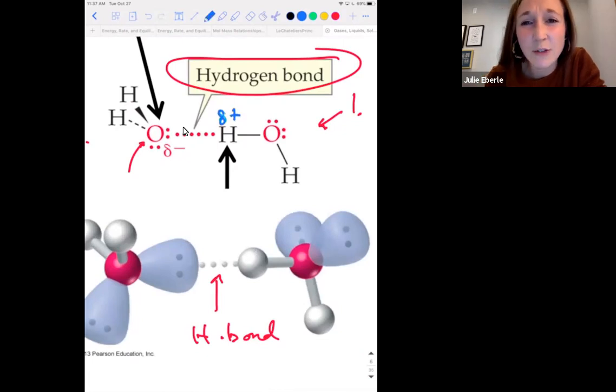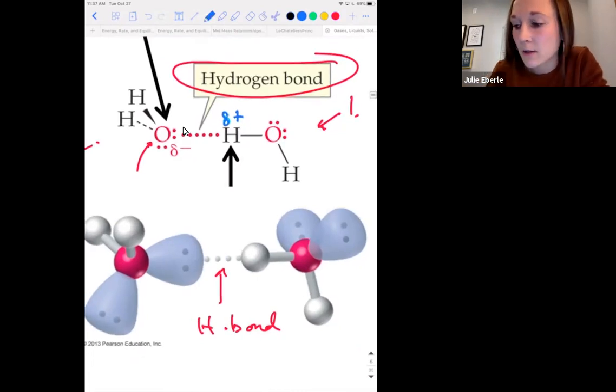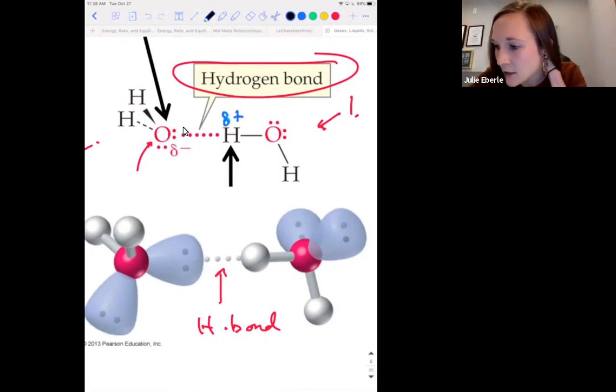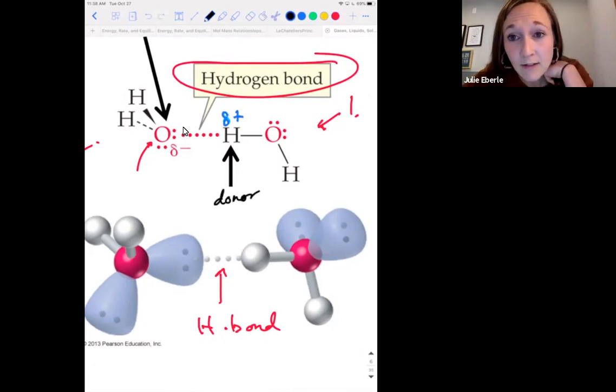We know oxygens are very electronegative, so are nitrogens and fluorines. So they're going to attract the electrons to themselves. So when 2 water molecules get in close proximity, there's that bond right there. Now, we give this hydrogen a name, and we give this oxygen a name. So this is what we call the donor. It is essentially donating some electron charge to this other oxygen on the neighboring water molecule.